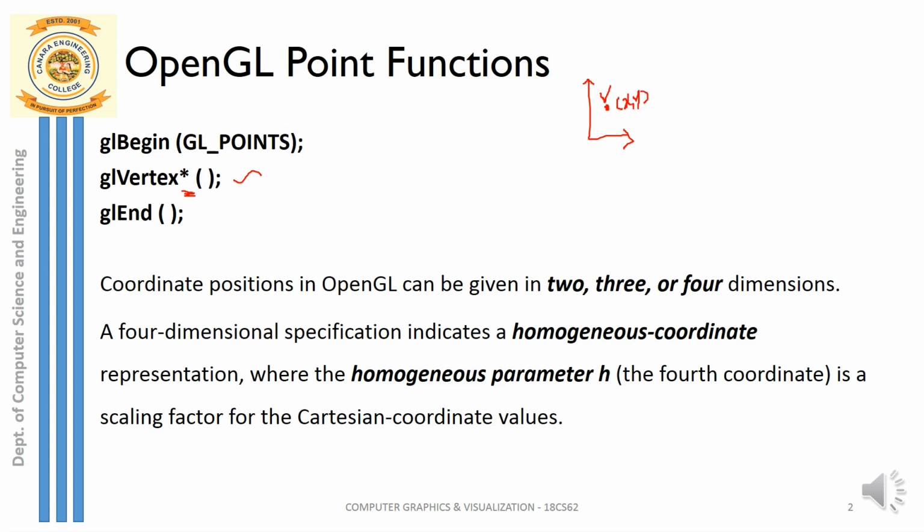If at all I have to display a 3D vertex, it will be glVertex3f, where 3 represents 3D, f represents floating point values, wherein the three parameters you need to pass for this function are x coordinate, y coordinate and z coordinate. So that is one way of directly displaying the vertex or a single point. So remember, the constant is an OpenGL constant here that you need to specify as GL_POINTS, which represents the primitive. So here let me just tell you the next way or the other way of displaying a point.